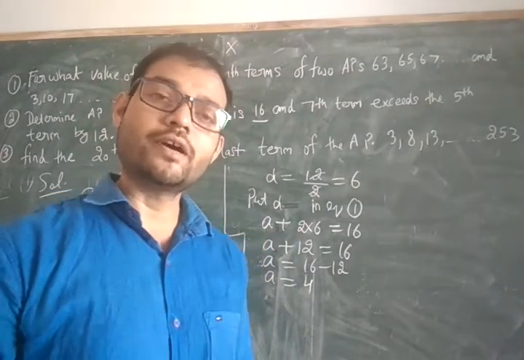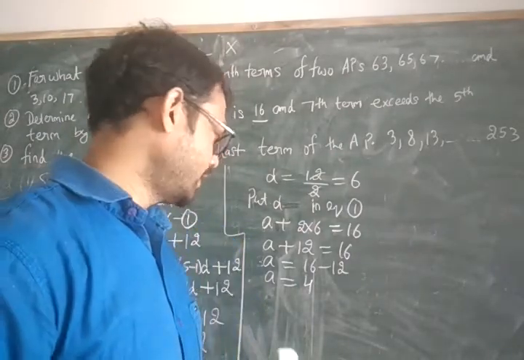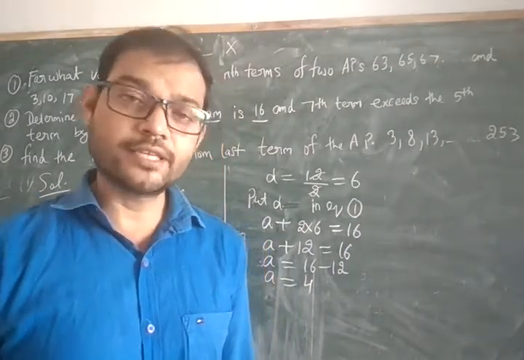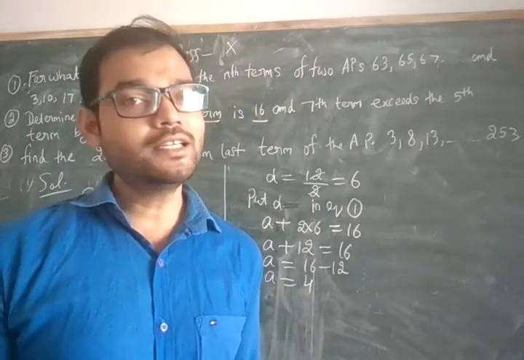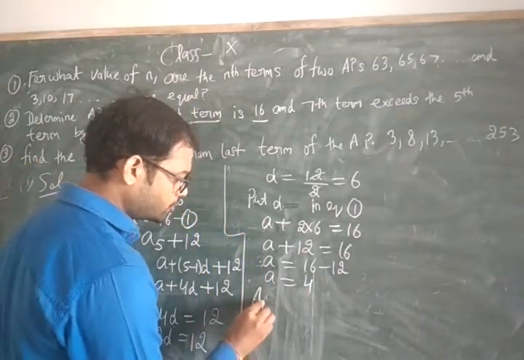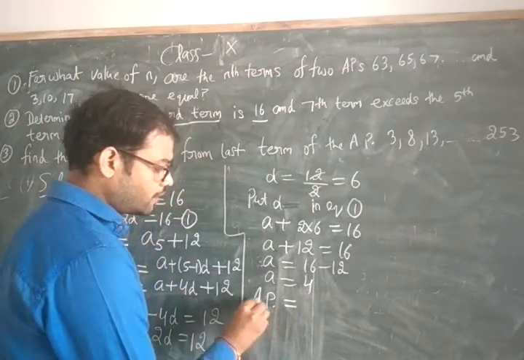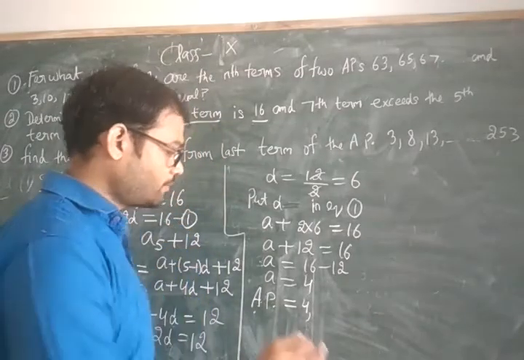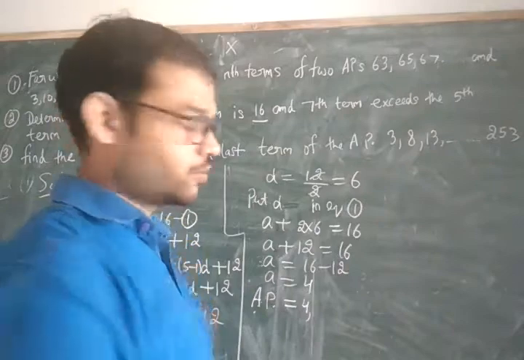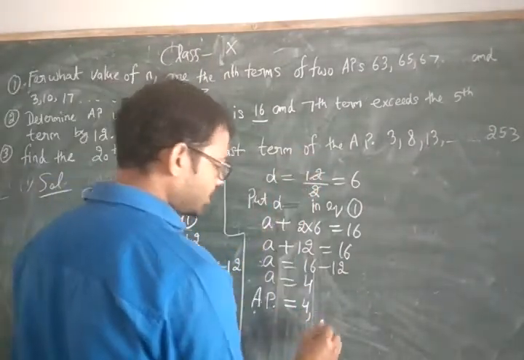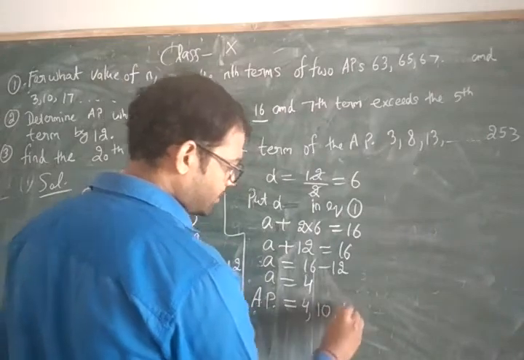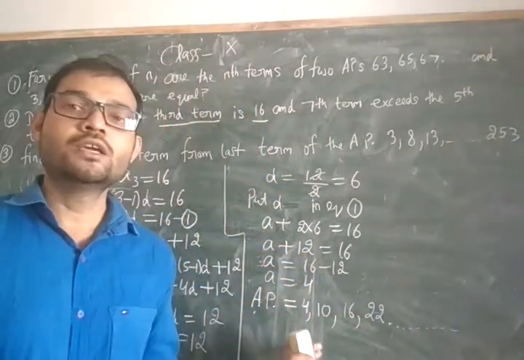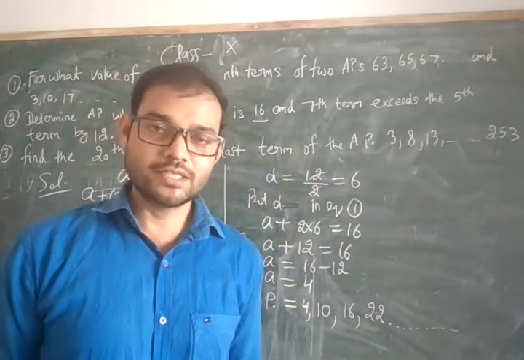As the question asks you to find the AP, if the AP is asked you can write the AP directly, and if they ask for a specific term like find the 9th term or the 11th term, for that also you need A and D. So now this question will need only the AP. AP you can write directly: the first term is 4, and for the next terms, keep adding D to the A you found. So A is 4, add D: 4 plus 6 is 10, 10 plus 6 is 16, 16 plus 6 is 22, and so this will be your AP which was asked in the question.